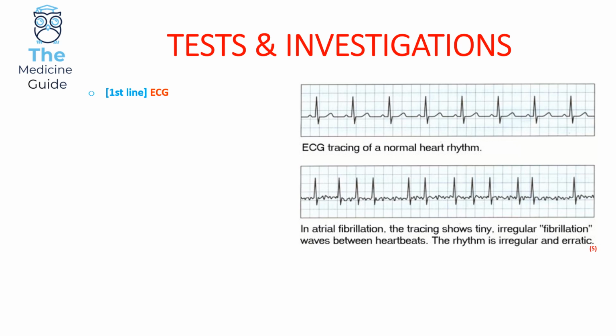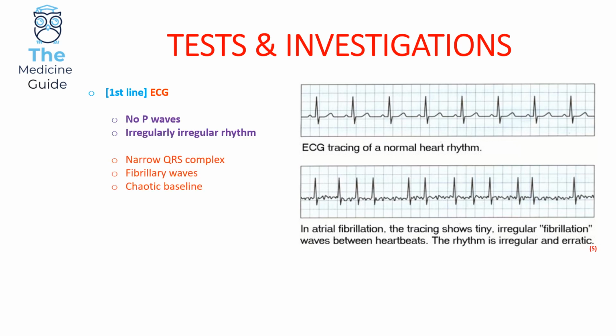Furthermore, no concrete or discernible P waves are visible. And there are also fibrillation waves between each heartbeat. So those are the key signs of atrial fibrillation on an ECG. Like I said, no P waves and the irregularly irregular rhythm are two classic signs of atrial fibrillation on an ECG. And these are the two signs that will most likely be expected of all medical students, especially final